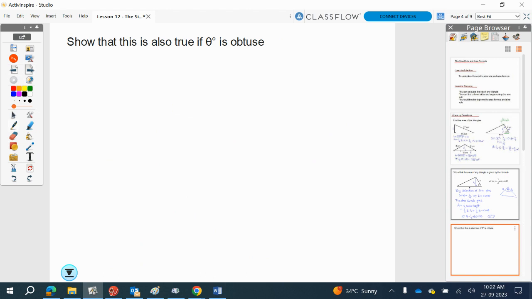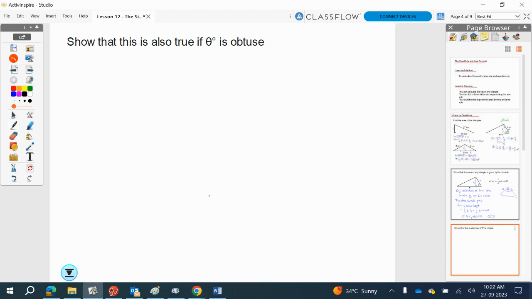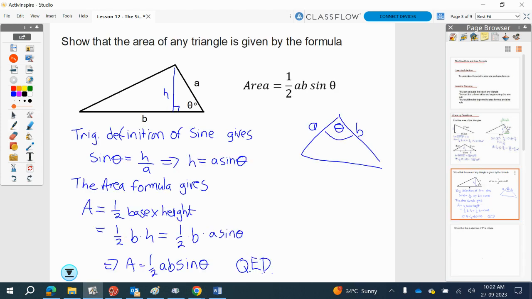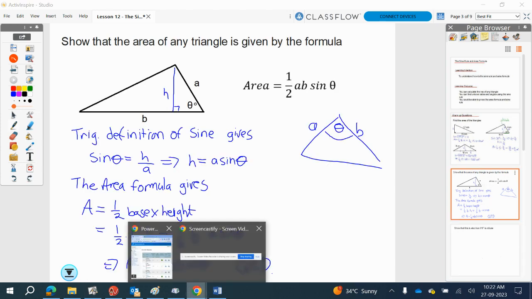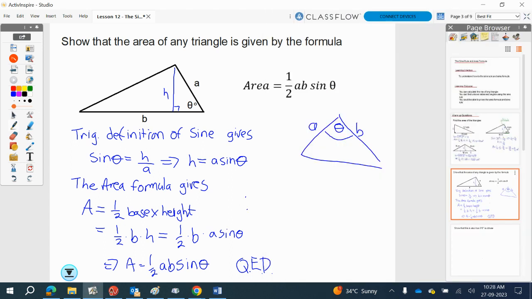Have a go. I'll pause the video. Do about 5 minutes on this one. Okay, so have a go at your obtuse angle proof. I'll pause the video for 5 minutes. Okay, if you're stuck at this point,